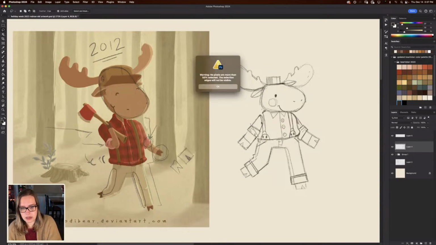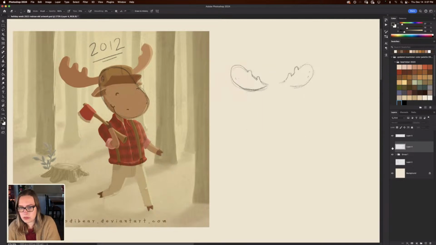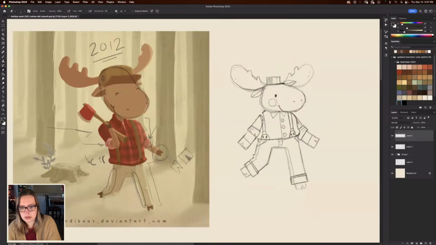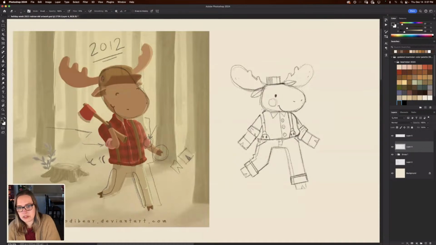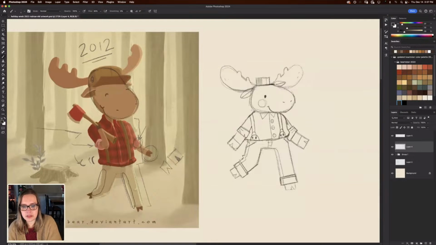Let's go ahead and deselect. Whoops. And we will... Oops. What layer is this on? Oh, deselect. There we go. I was selecting one pixel, I guess, somewhere. Okay. You know what I think I might do?